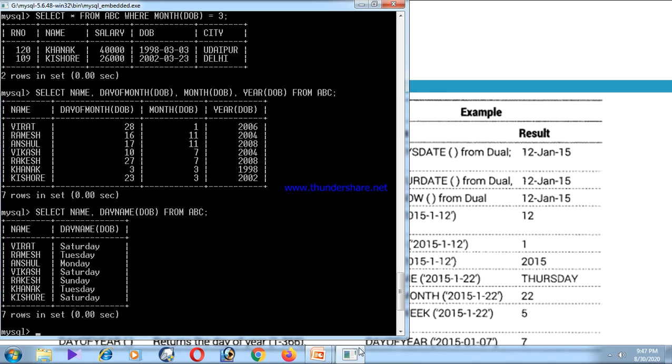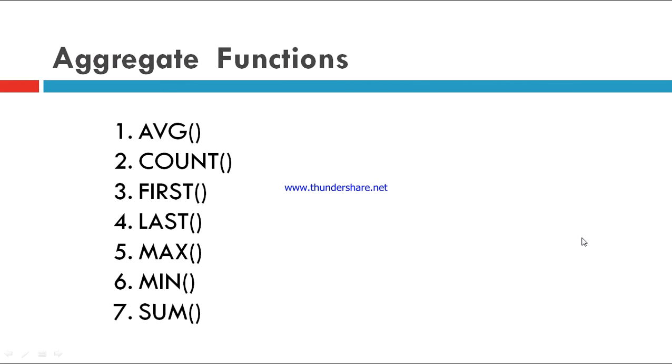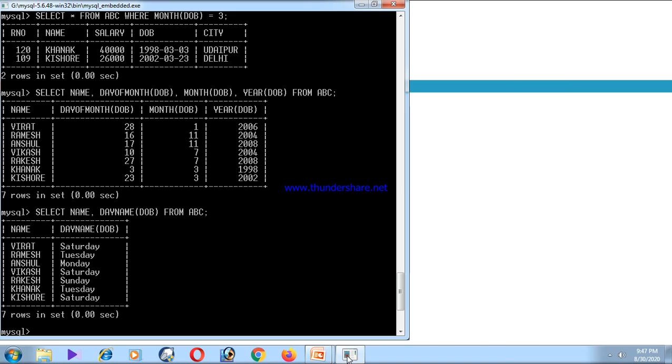Now we will talk about some multi-row functions, or we can say aggregate functions of SQL. Here 7 different aggregate functions are there in MySQL. The first one is average, then count, first, last, max, min and sum. Now if you want to check the output of these functions, just check it out.